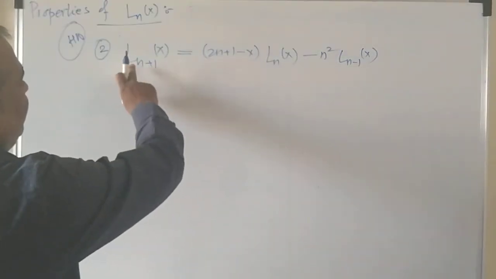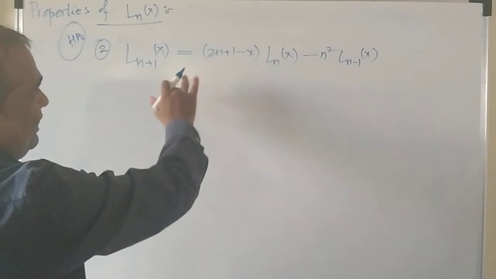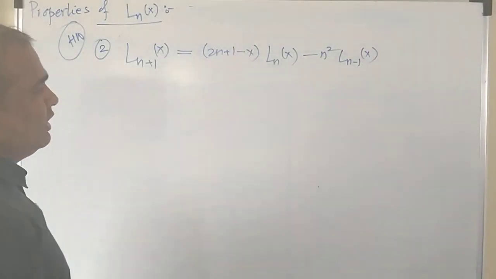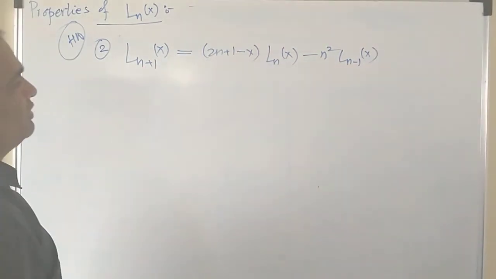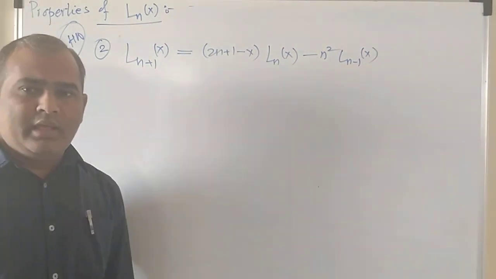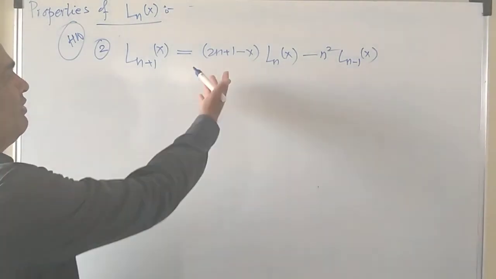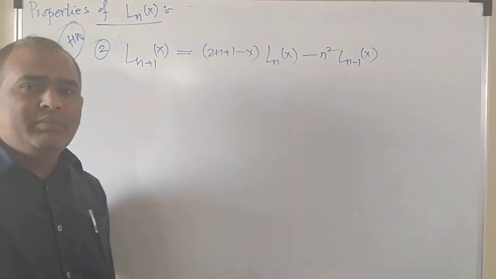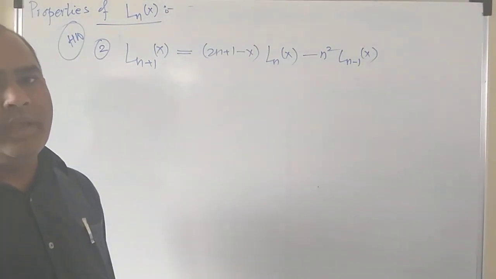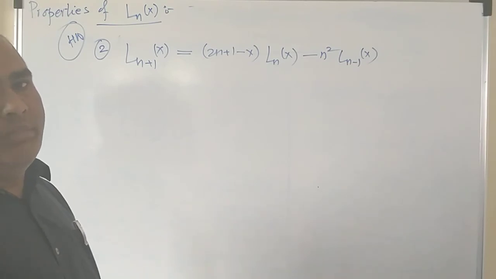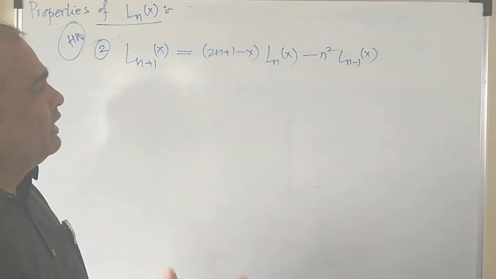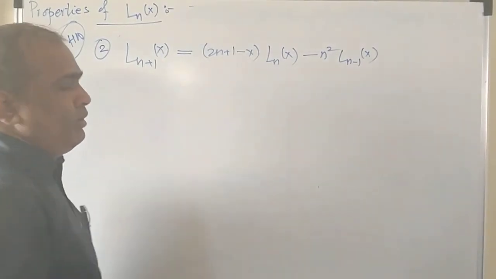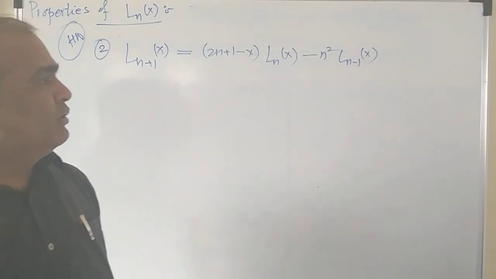On both sides you are having L_n of x, there is no dash. So consider the generating function. The generating function is known to you, and differentiate it with respect to t, and simplify. Once you go on simplifying, replace n plus 1, n minus 1, whatever will be there in the given equation by n, equate t raised to power n common on both sides, cancel that out, and the remaining things will be your property, right? So hope you can do this.